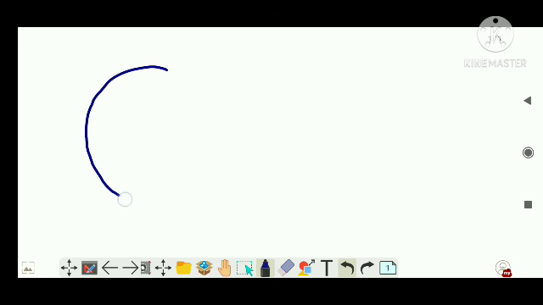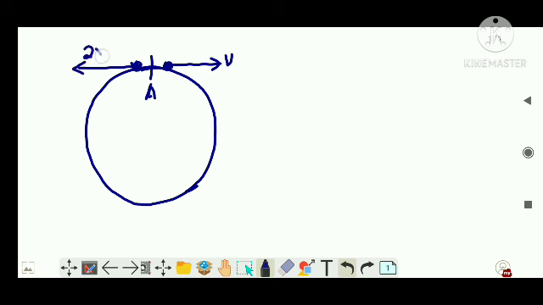Suppose there are two masses, and both the masses are identical. Let's say there is a point A here, there is a mass here and a mass here. This mass is moving with the velocity v in this direction, and both of them are moving tangentially. One is with v and the other is 2v, and they are following a circular path. This is moving in this direction, and this is moving in this direction. So your question is, after how many collisions will they again meet at A?